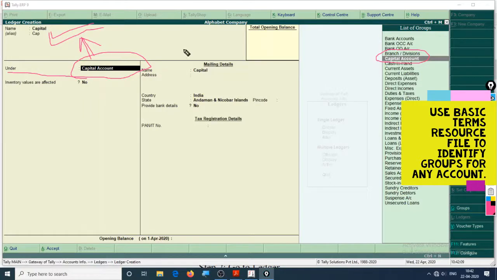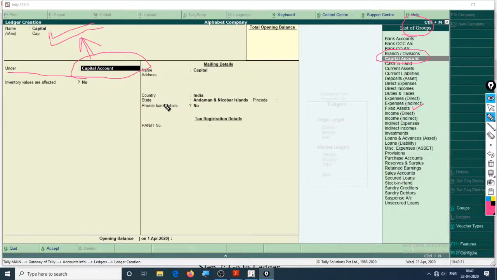If you don't want to put it in a capital account, suppose you want to put it into fixed asset account, which is wrong. So this is the importance of the group. Whenever you create an account, you have to put it into a correct group so that it will help Tally balance your balance sheet and your income statement and all your reports properly.